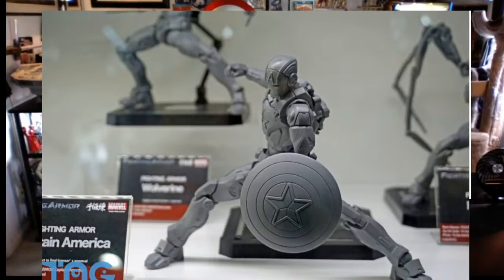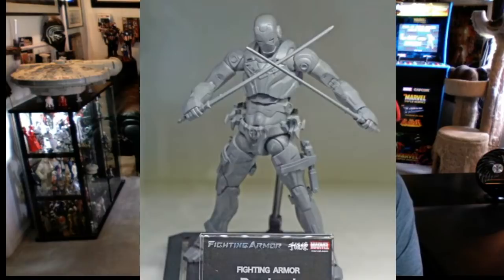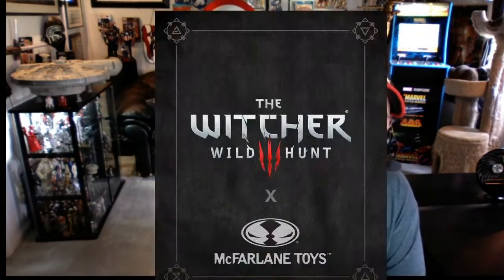So, like I said, I'll be interested to see if they paint him pretty much like Iron Patriot, or if they give him more of a traditional Captain America. It's hard to tell from these images, but will he have the red and white here at the midsection, or will it be, like I said, more of an Iron Patriot look? Deadpool's back again. All right, so moving on, and next up here,